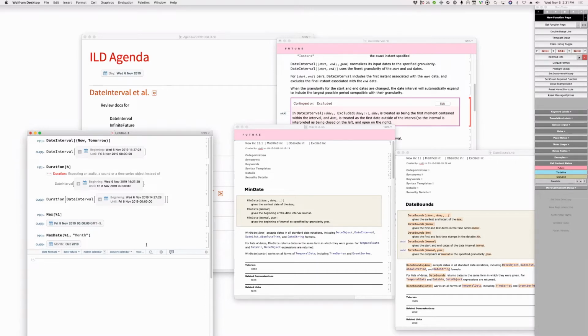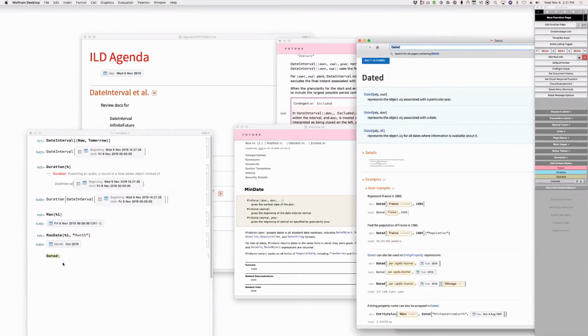Well, and dated presumably needs this. Dated needs the possibility of a date interval as a second argument, right? Because dated. This will also be important for historical stuff, reporting periods. Yes, yes, that's true. There we have an issue, which is that many of those historical periods have a much larger granularity at the beginning than at the end. And this date interval object forces the same granularity on both.